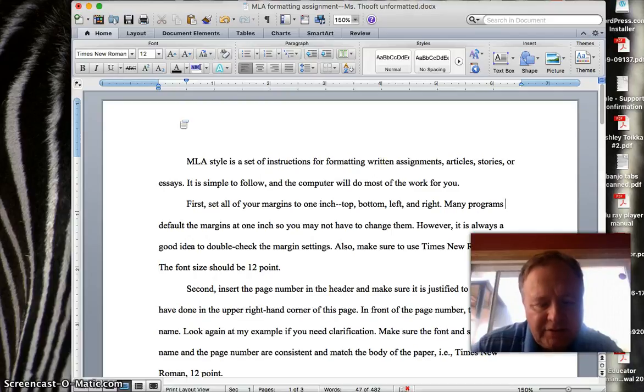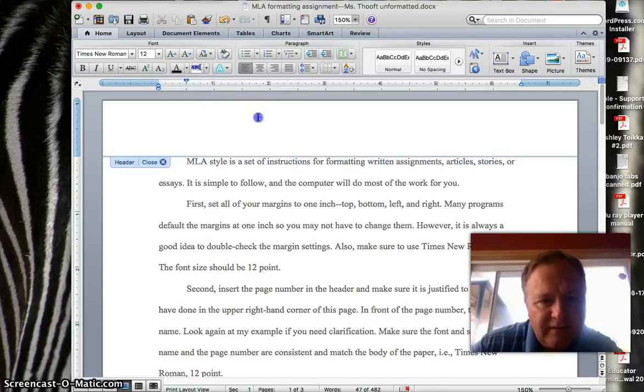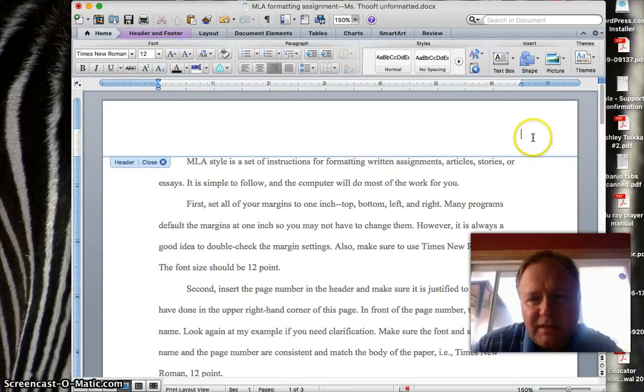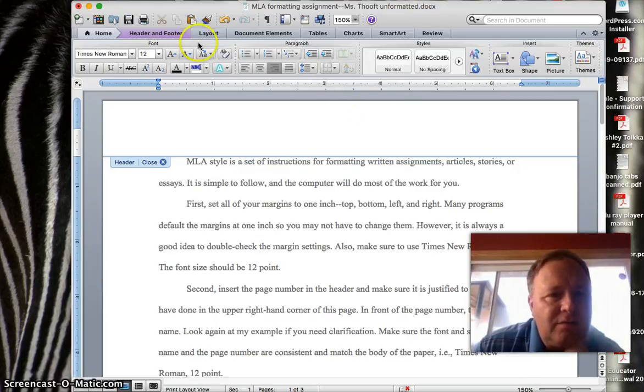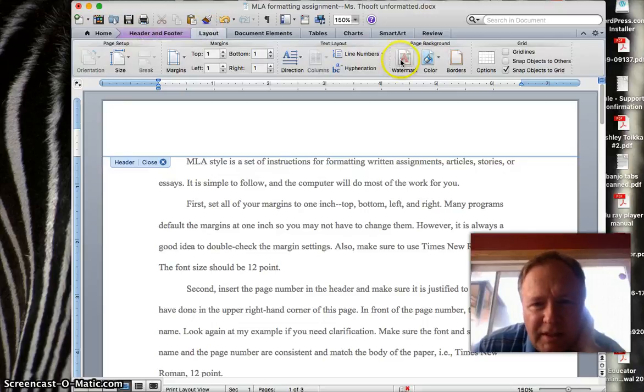And in my particular version of Word, if I hold the cursor over the header area and double click, it will open for me. It's set to be right justified, and if you look at the sample, you'll see what right justification looks like. My last name and the page number is all the way over on the right hand side in the header. Now once you're in the header, there are a couple different ways to do this. If you go to the Insert menu, which is sometimes up above, another way to do it is to go to Layout, Page Number,